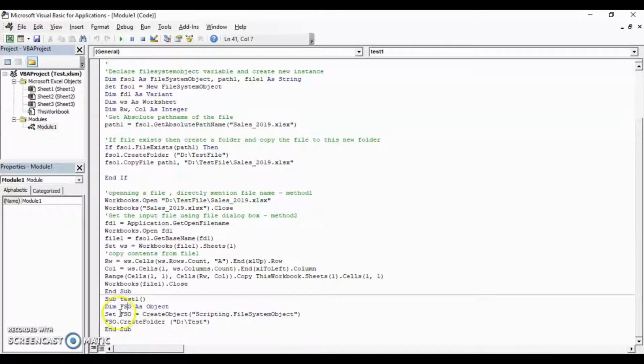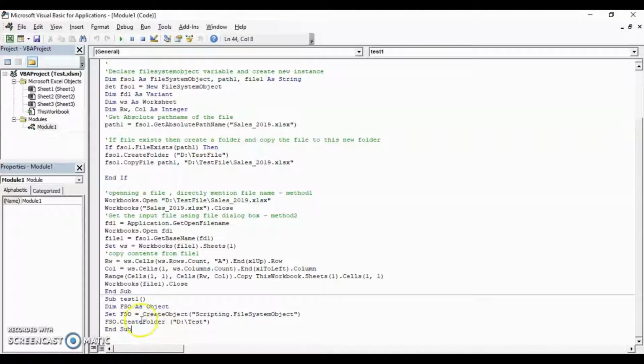The variable FSO is declared as the type Object. And then we are making this a File System Object type. Using this FSO variable, we can create folders or we can access all the methods of the File System Object.